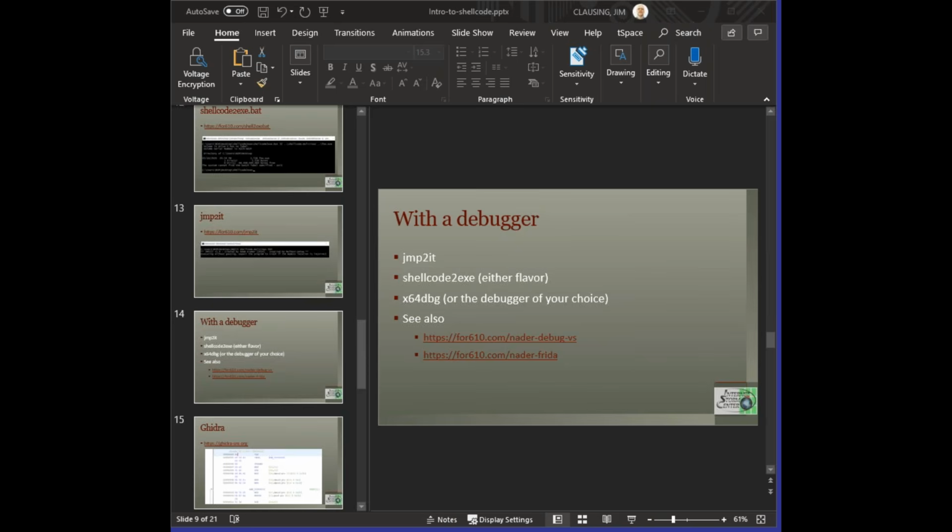But he also has a couple of nice write-ups, one about using his tool and the Visual Studio debugger to do the debugging, and one about using a tool called Frida,